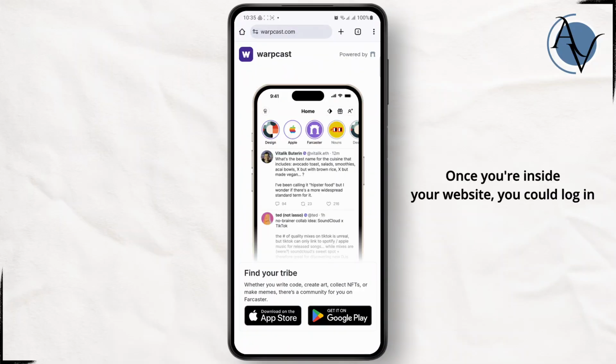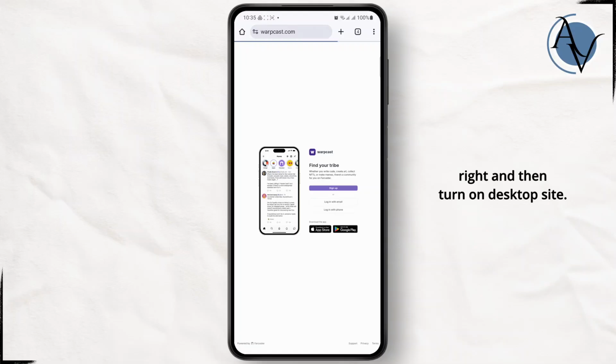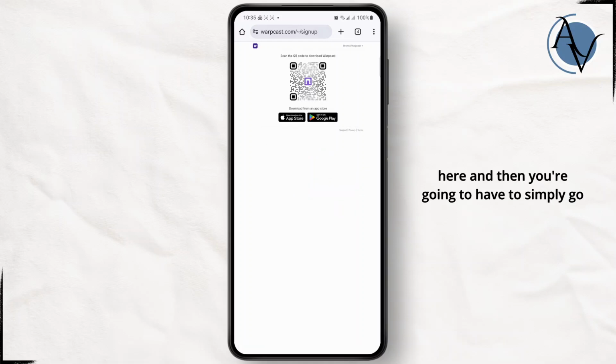Once you're inside your website, you could log in and sign in using your email. So what you're going to have to do first is click on the three lines at the top right and then turn on desktop site. Once you turn it on, you have an option to sign up or log in with email or phone. I'm just going to click on sign up option right here, and then you're going to have to simply go